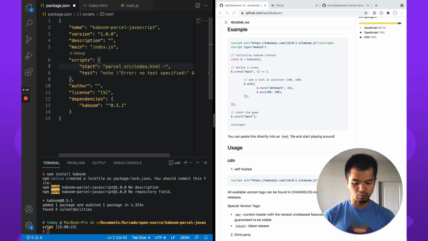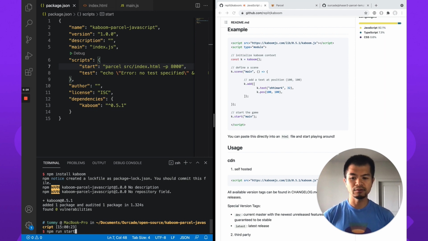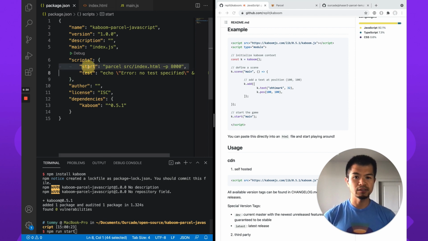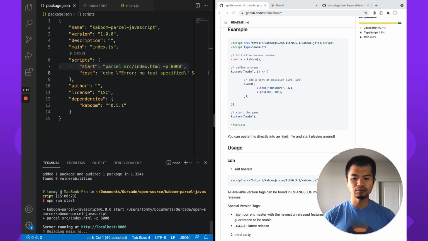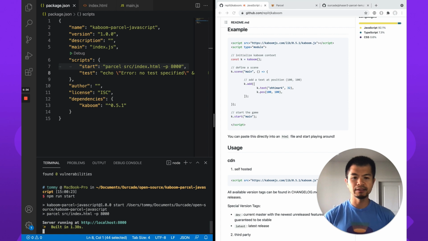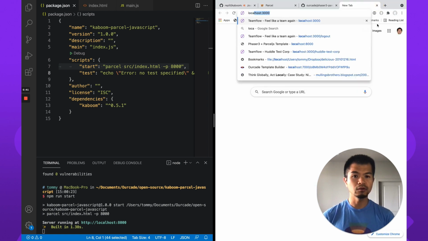I'm going to give it a different port here. We like to use port 8000, and so that's -p. Just give it a port. Now in our terminal here, if we do npm run start, now start is just the name of the script, which we said right here. Npm run start, enter. Now Parcel is going to do what it needs to do to set it up, and it's done. So now let's go to localhost 8000,